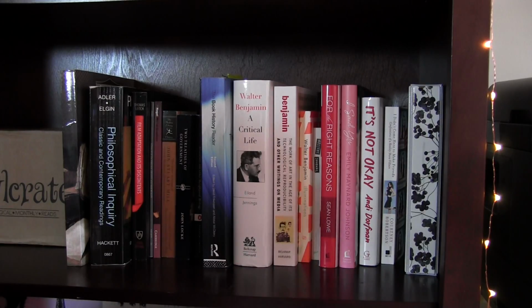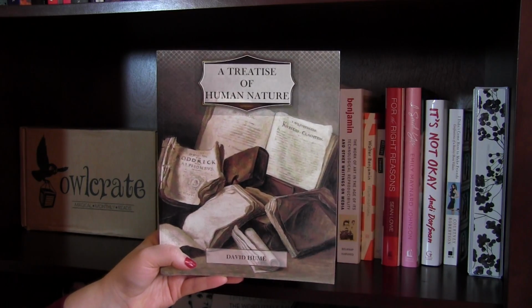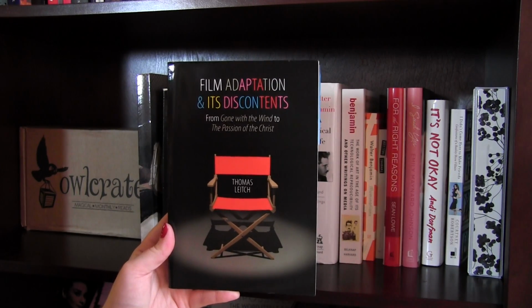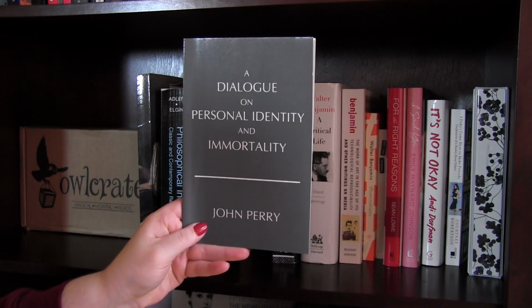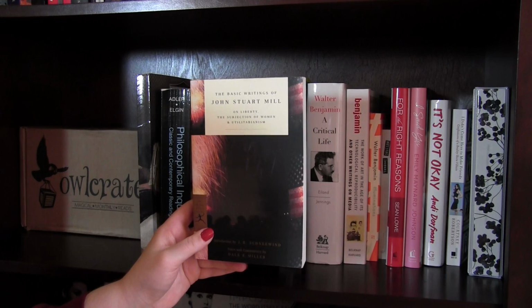Next up we have my third bookshelf, and if you just watched my entire academic bookshelf, you deserve a gold star. A Treatise of Human Nature by David Hume, Philosophical Inquiry edited by Jonathan E. Adler and Catherine Z. Elgin, Film Adaptation and Its Discontents: From Gone with the Wind to The Passion of the Christ, A Dialogue on Personal Identity and Immortality by John Perry, The Basic Writings of John Stuart Mill: On Liberty,